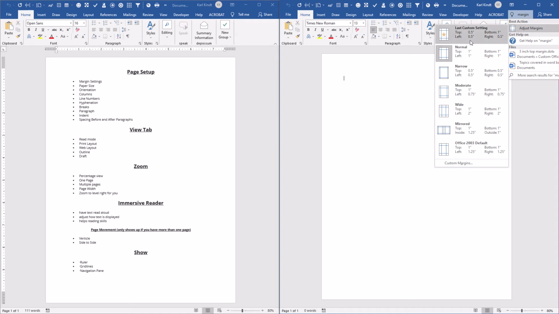And notice it gives me the menu for adjusting my margins. If I like any of these, I can pick them, 1/2 inch, or I could come down and do a custom margins and put whatever margins I want on the paper. I'm going to go ahead and pick my 1/2 inch margins. So that's one way to find out how to do something in Word: Tell me more, the little light bulb up there. Now, the other place to look,